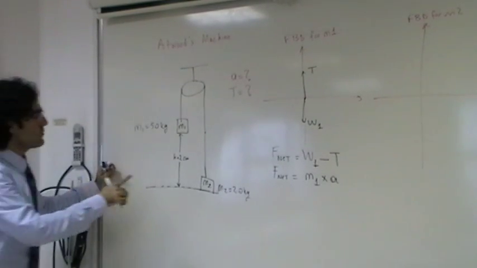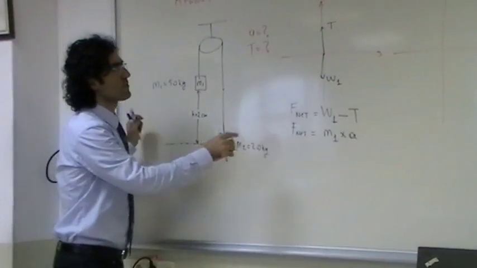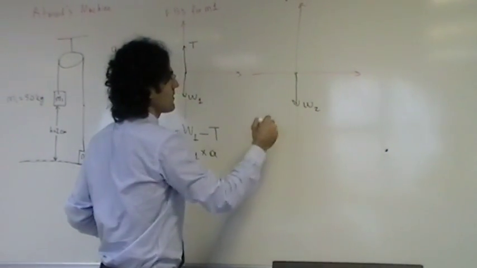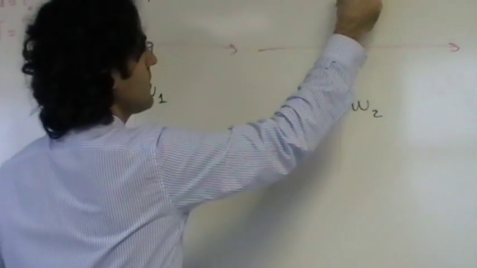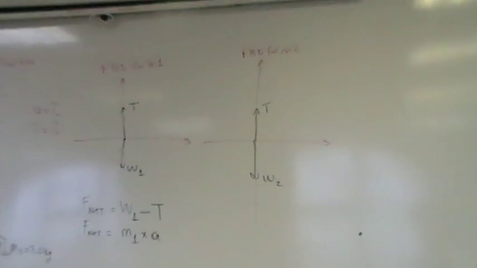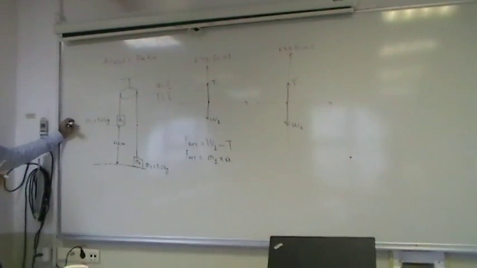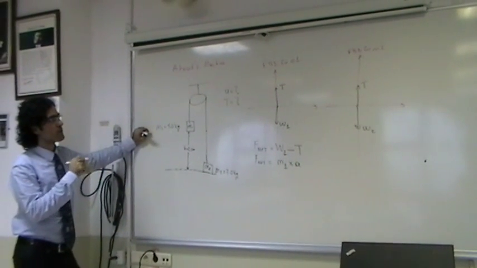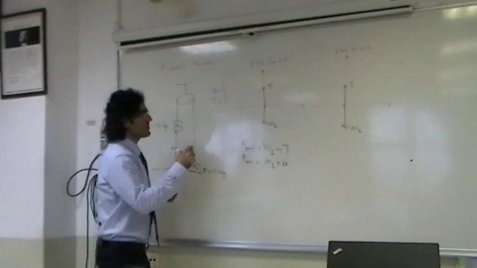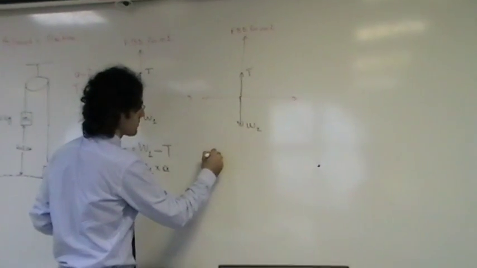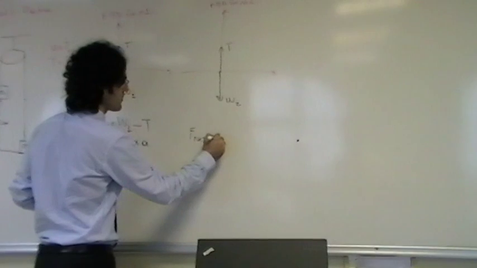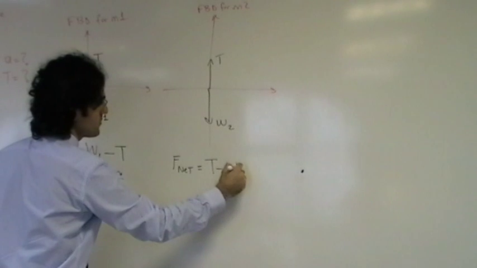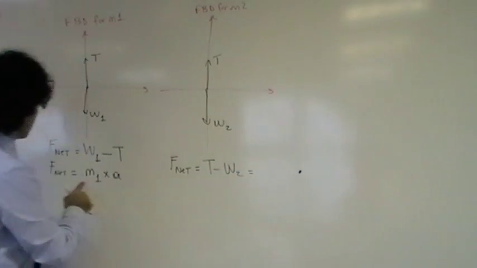If I move on to the second mass and look at the forces acting on it, I will immediately put weight acting downwards, and tension also acting upwards. As I explained in the question, the acceleration is asked after the system is released. Therefore, the contact between the ground and mass 2 will disappear after it is released. Again, the forces are not balanced, therefore there is a net force acting on mass 2, in which tension is greater because it is accelerating upwards. Tension minus W2 is going to give you